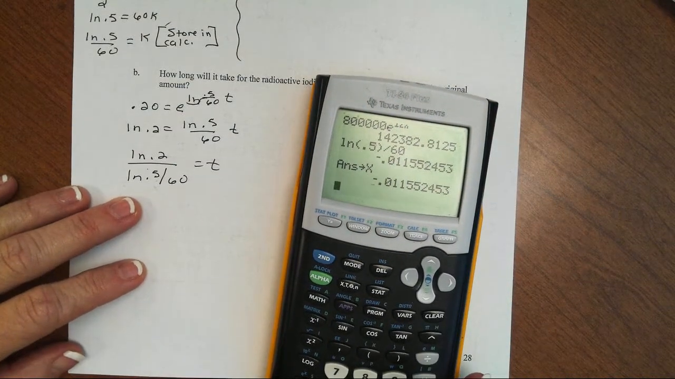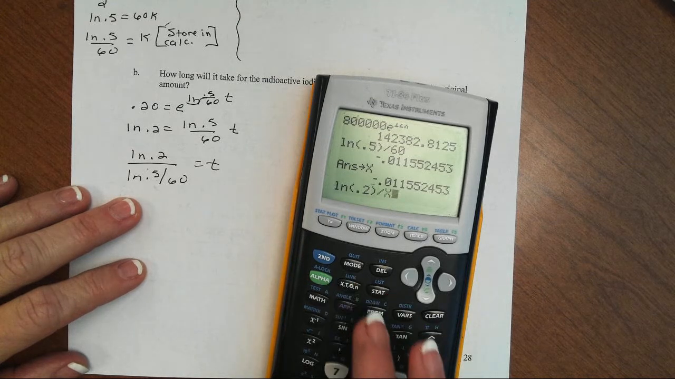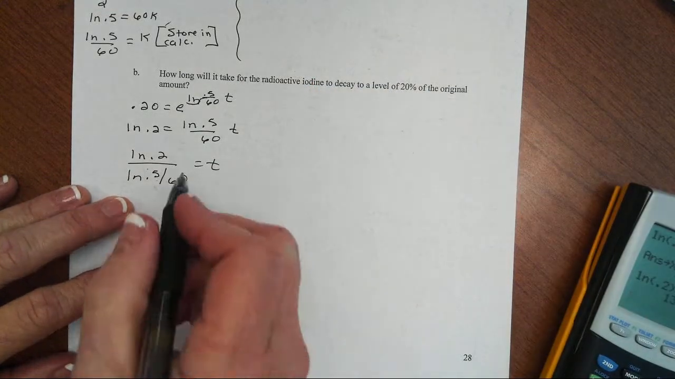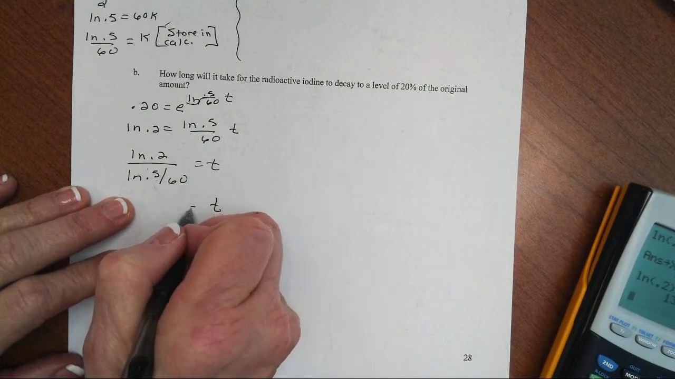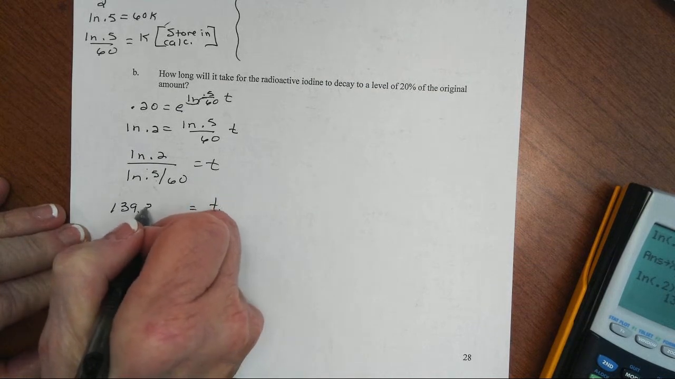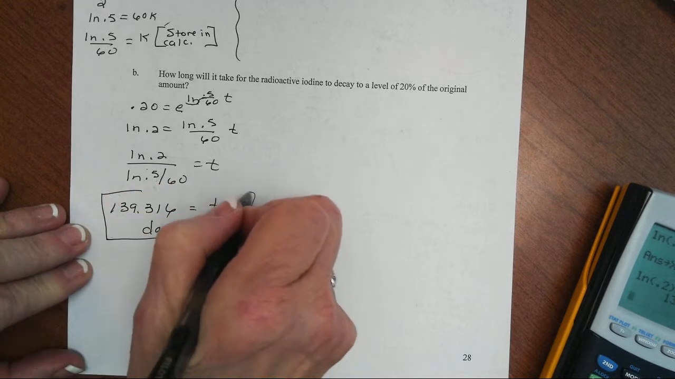Okay, and so we will find that amount. So ln of 0.2 divided by the constant that we stored as x. And we get 139.316 days. How long it will take. Final